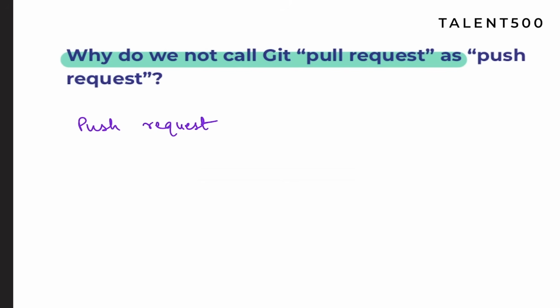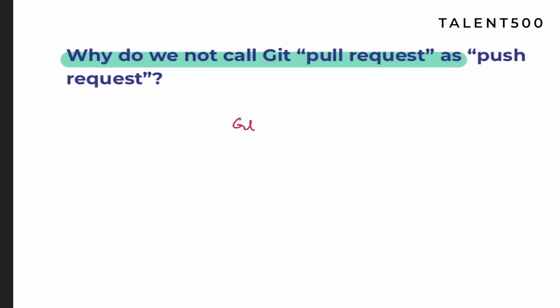Or what I will do, I'll just draw it out for you. And when you talk about pull request, what happens in the pull request in this particular one is that your repo is requesting your target repository to grab, or you can say pull, all the changes from there. So let me actually draw so that you can understand it better.